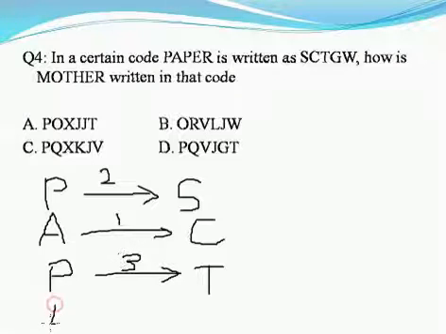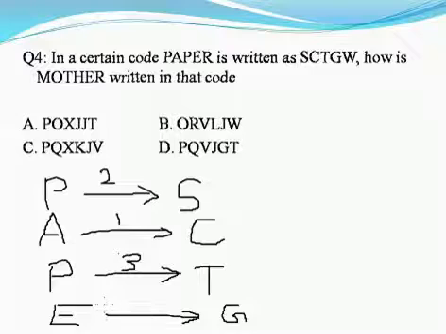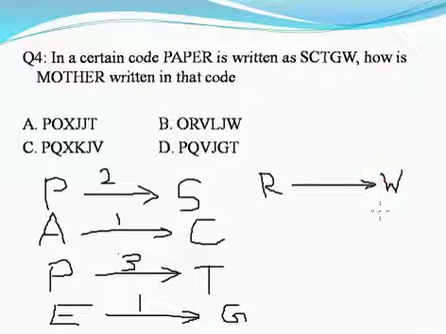Okay, so now we need to check for everything. Similarly for E. For E we are getting G. So E, F, G. Okay, so only F. So only 1. So E, F, G, H, I. So we are getting a pattern like 2 1 3 1. So next is R here. So if we check with R, we are getting W. So how much is R to W? R S T U V and W, that means 4. So we can judge a pattern 2 1 3 1 4, and maybe 1 will be coming, or maybe there is another pattern.